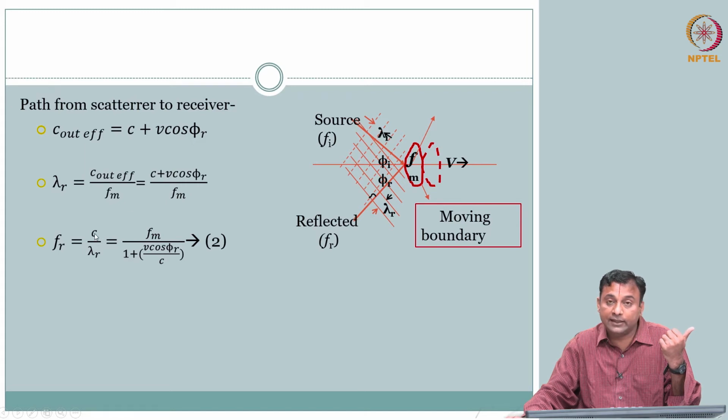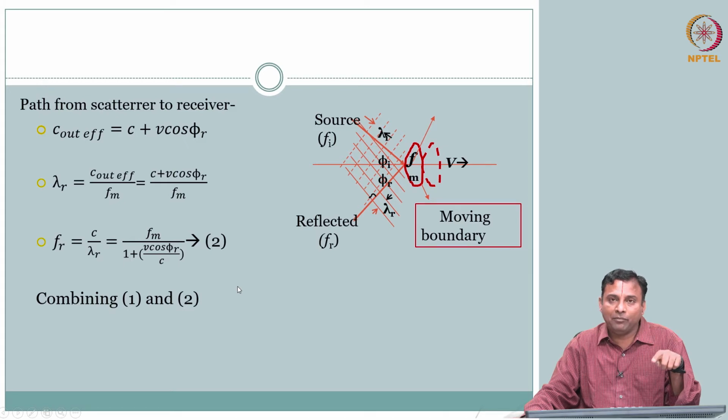So you can make that 1 plus v cos phi r by c. This becomes your second equation. So you notice that from here you can have fm equal to fr times 1 plus v cos phi r by c. So from equation 1 and equation 2, if you combine, because you have fm in both,